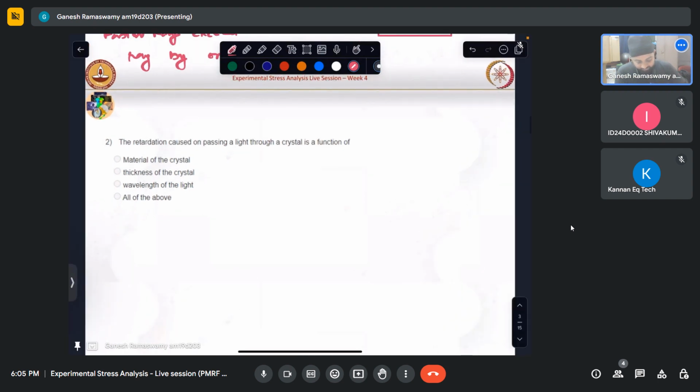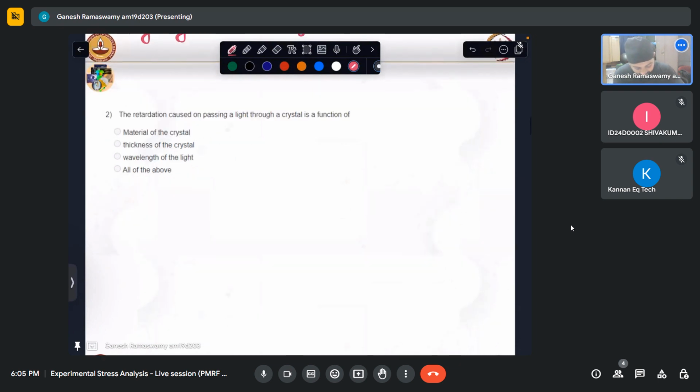So the retardation caused on passing a light through a crystal is a function of which of the following? Is it a function of material of the crystal? Is it a function of thickness of the crystal? Is it a function of wavelength of the light? Now we know